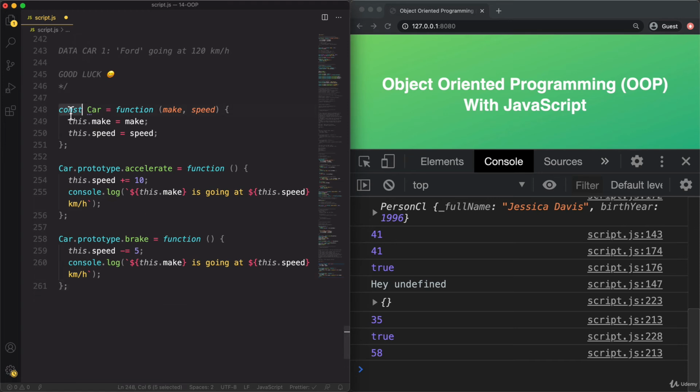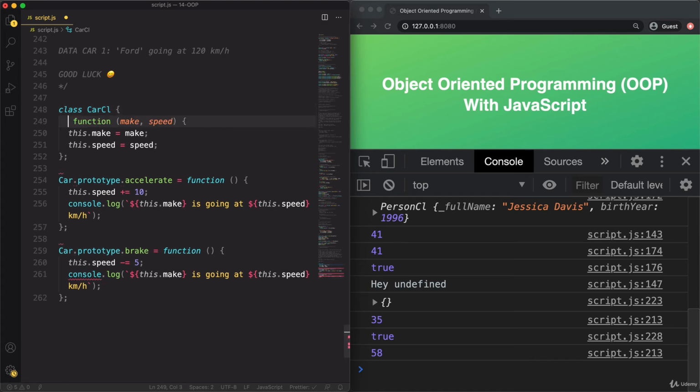So here we just need to call it class, and let me call it CL again for class. Okay, so then the curly braces, so one in the beginning, one in the end. Then this function is actually called the constructor, and the rest is the same.